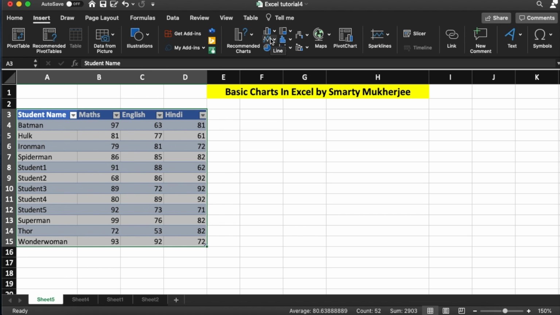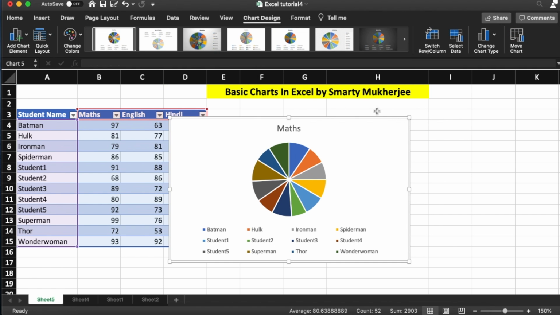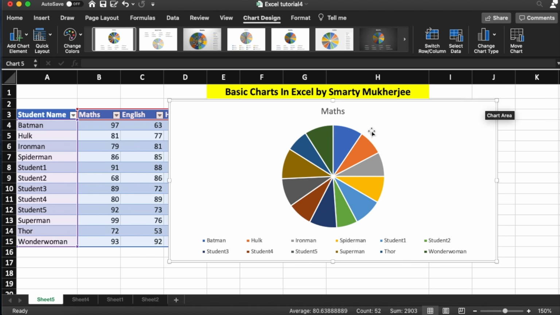Another thing that you must keep in mind before selecting your charts is that the data should make more sense in the representation that you're choosing. So for example, if you choose a pie chart, let me just select this pie chart. If you look at this chart and you have to present it somewhere, it shows Batman is blue, Hulk is orange, but these math scores according to the color, it does not make much sense.